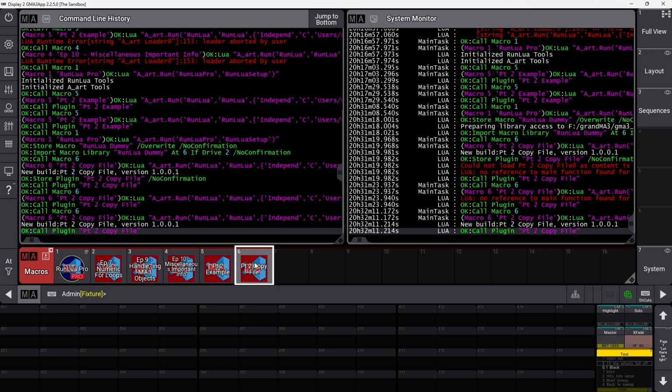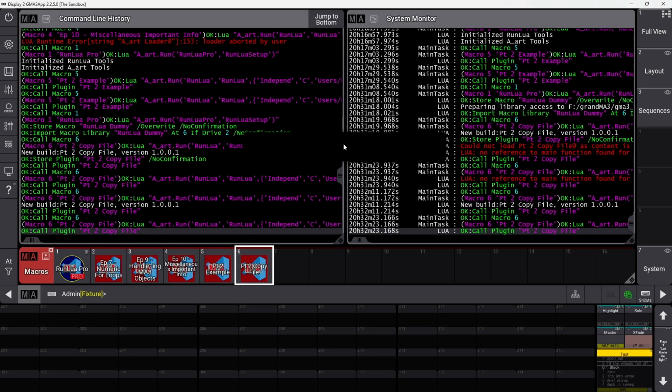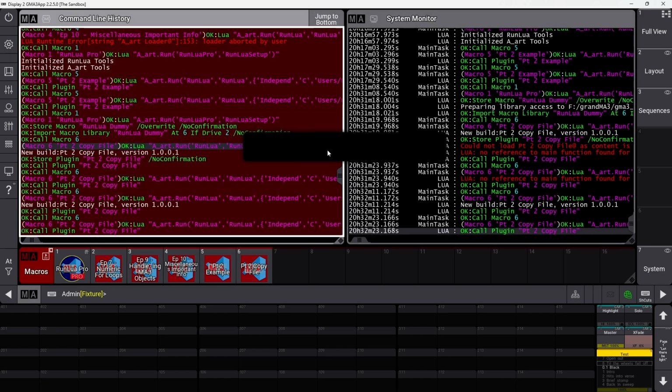Okay, here we go. Let's run it. And we just ended up with this blank black box. It's not very large. It's just sitting in the middle of our screen. We can't click it or drag it or anything. I'm going to hit escape and that will close it for us.